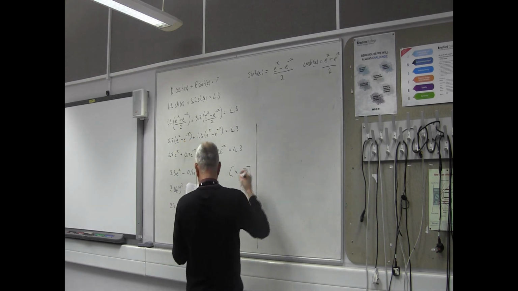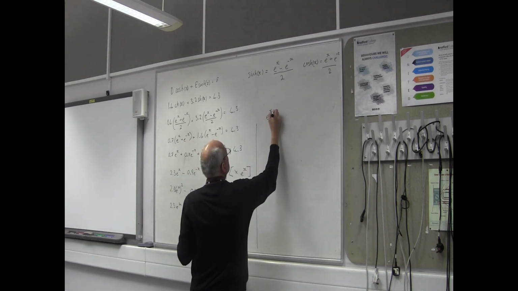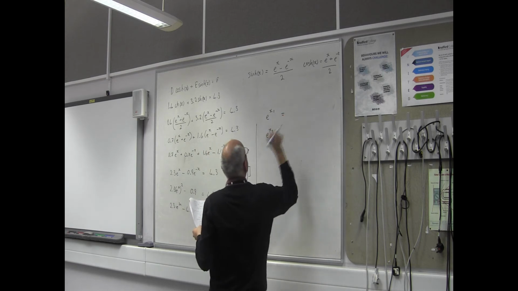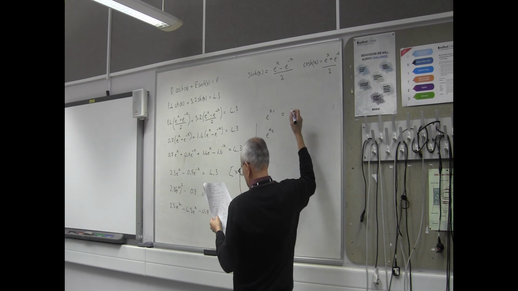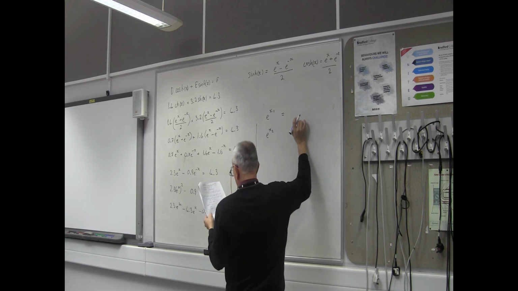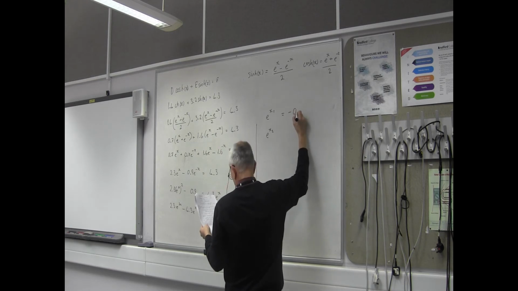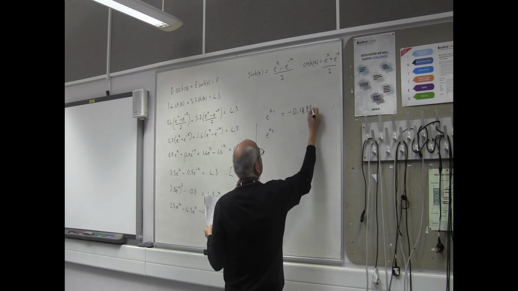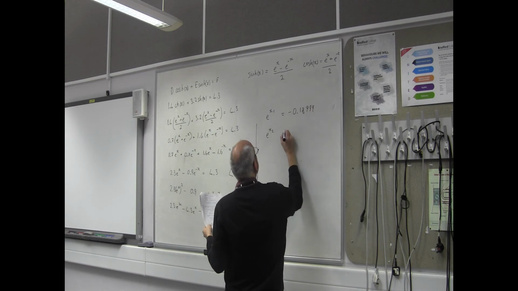So I've now got e to the x1 and e to the x2 equals negative 0.18999, 3 nines, and this one is